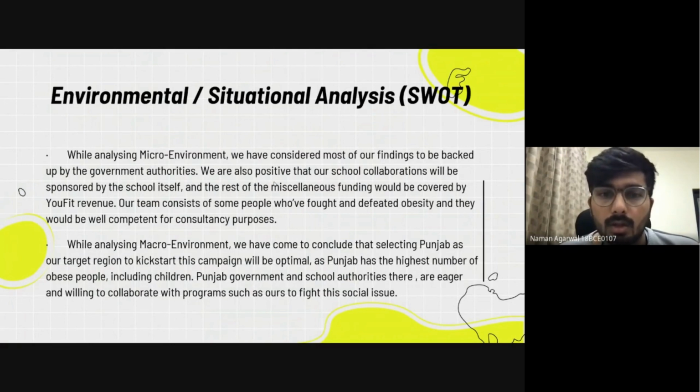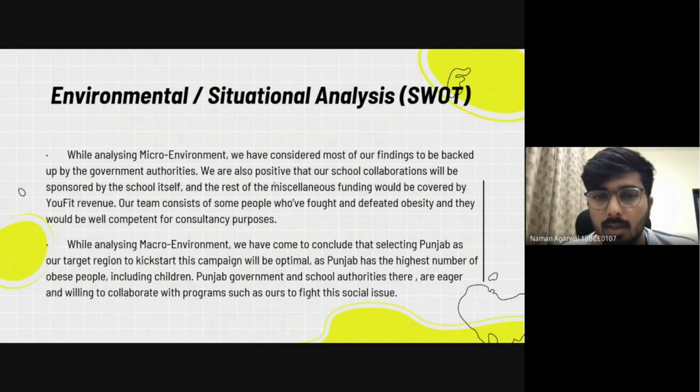While we were analyzing the microenvironment, we considered most of our findings to be backed up by government authorities. We are also positive that our school collaborations will be sponsored by the school itself, and the rest of the miscellaneous funding would be covered by UFit's revenue. Our team consists of some people who have fought and defeated obesity, and they would be well competent for